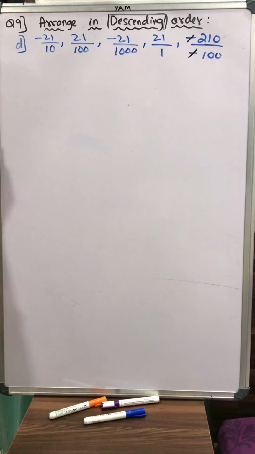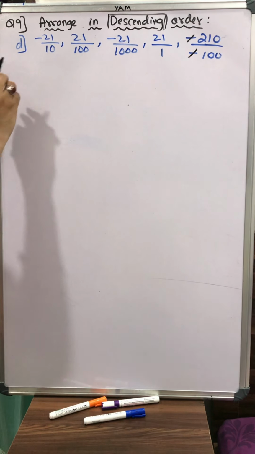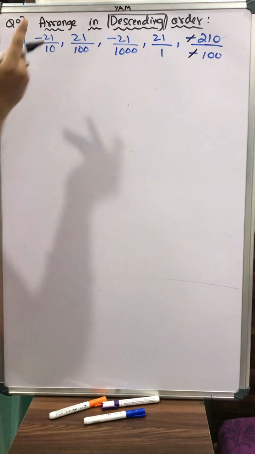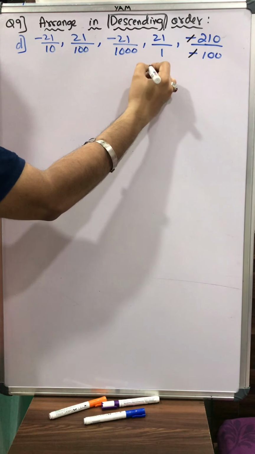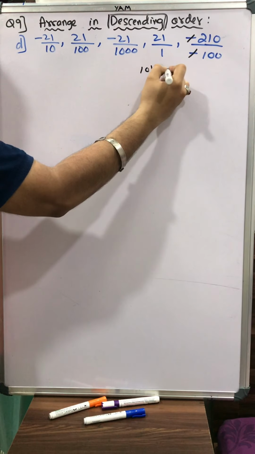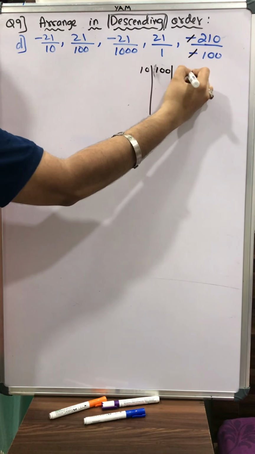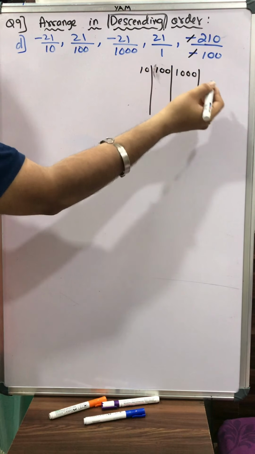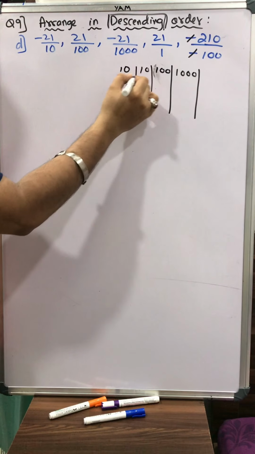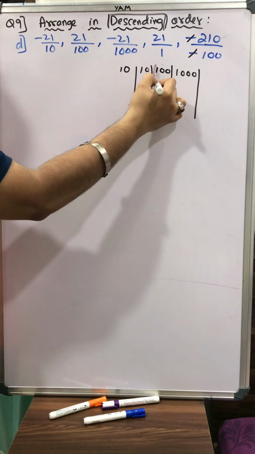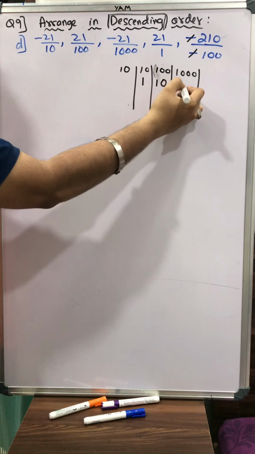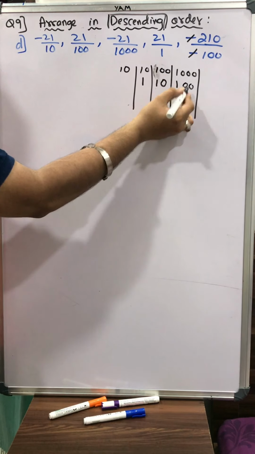You can cancel. So now our first step, taking LCM of 10, 100, 1000 and 100. So 100 repeats 2 times, so I'll take only once. Why repeat? So 10, then 100, then 1000. Then 1, there is no need to write 1. 100 already done. Starting with 10. 10 ones are 10. 10 ones are 10 and 0 copied. That means 10 tens are 100. Once again, 10 ones are 10 and 2 zeros copied. That means 10 hundreds are 1000.